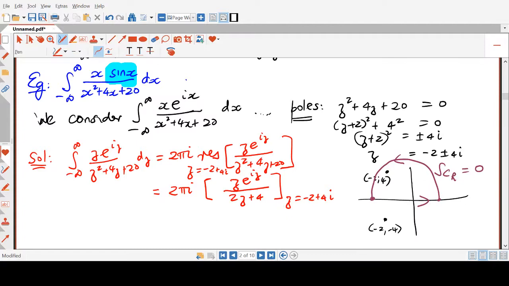Right, now I plug in minus 2 plus 4i and carry out the substitutions, and hopefully everything will work out nicely. So 2 pi i